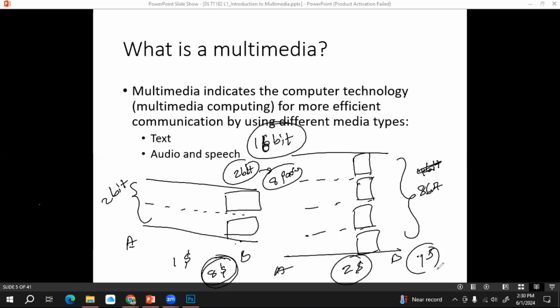Then let's say you are sharing a Facebook live stream through Facebook, right? At that time you have to share your audio as well as your video. Then this data packet will have a high bit amount, and this high bit amount needs a high bandwidth to transmit from one place to another.